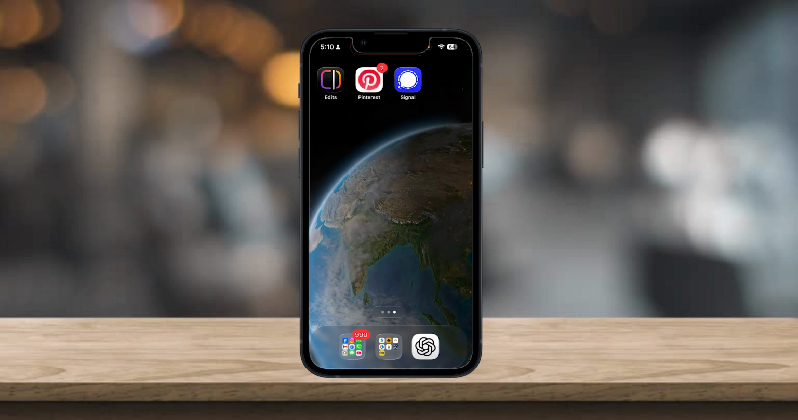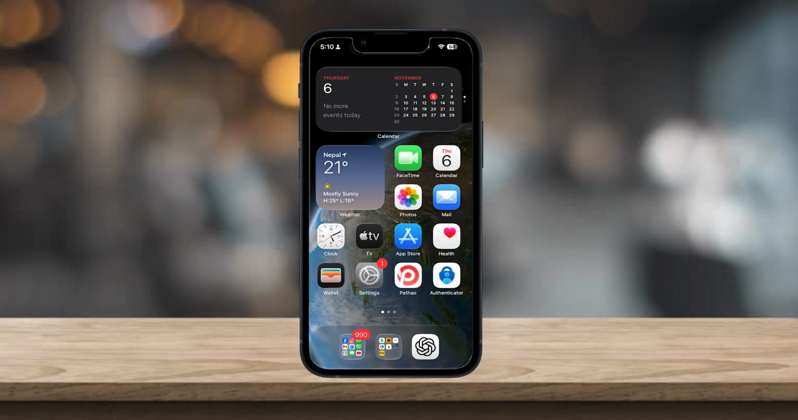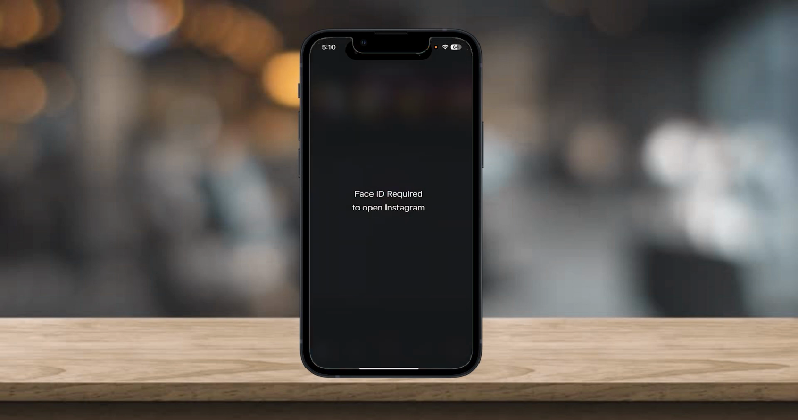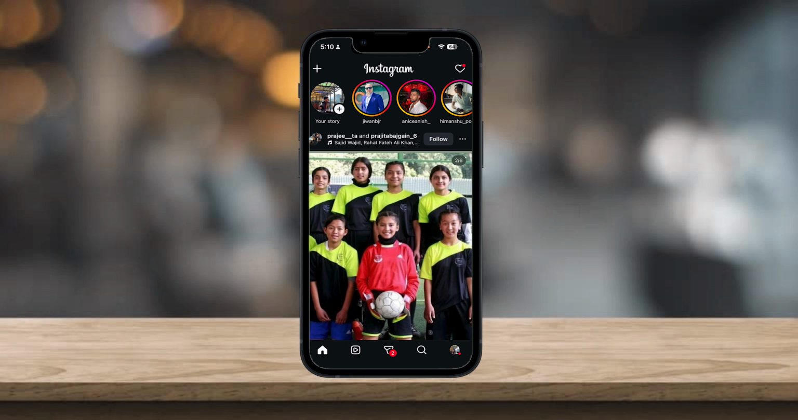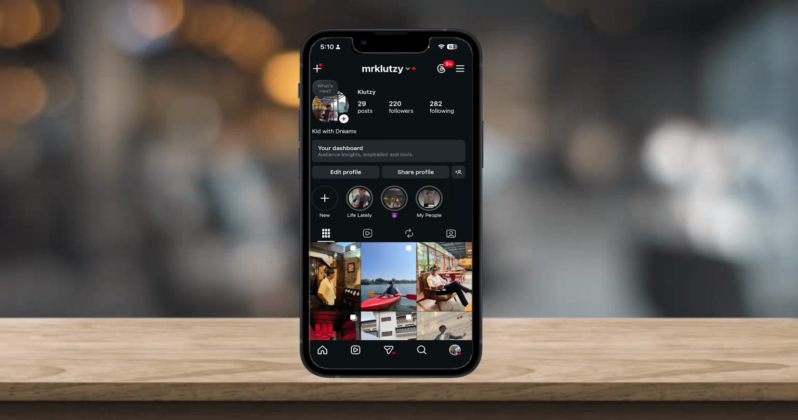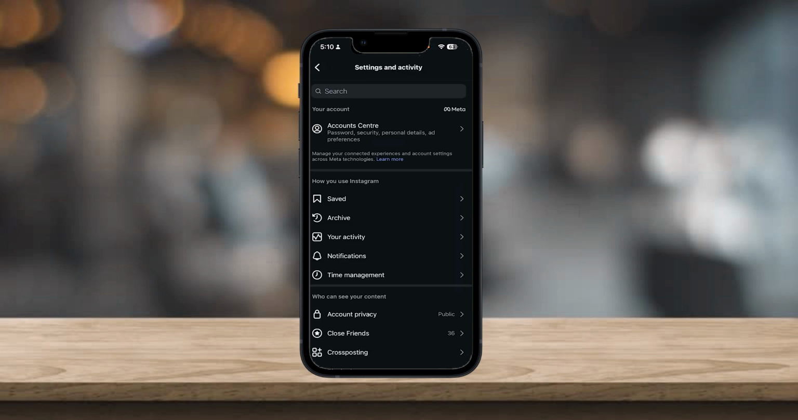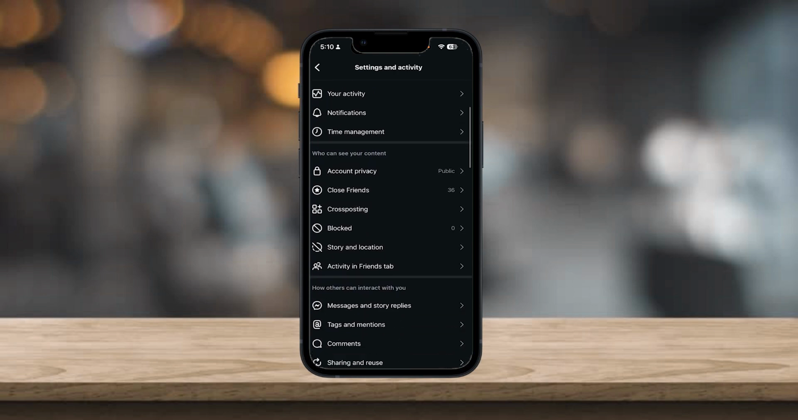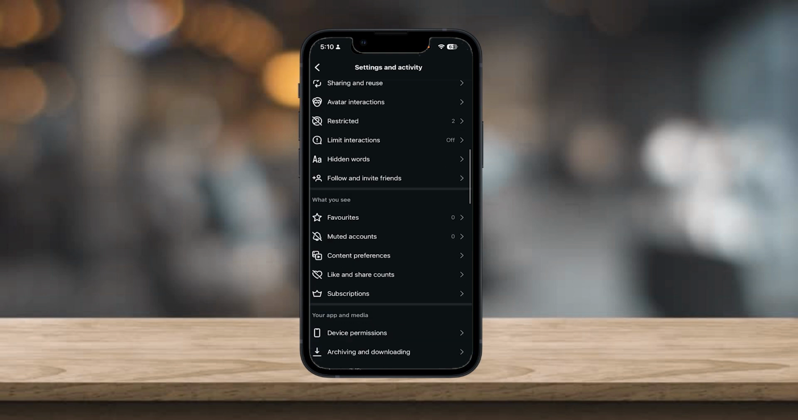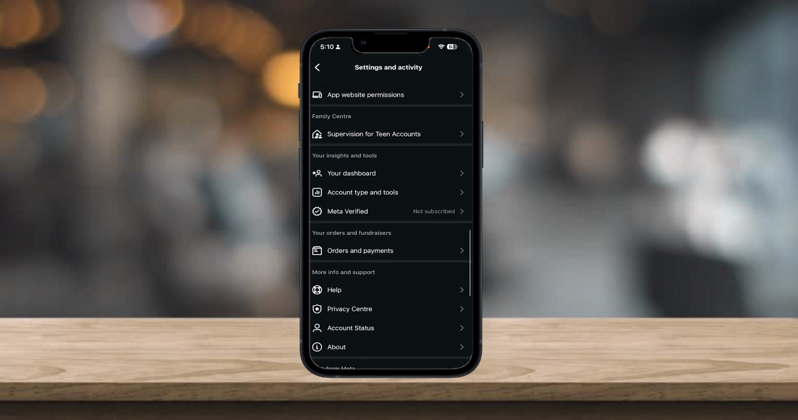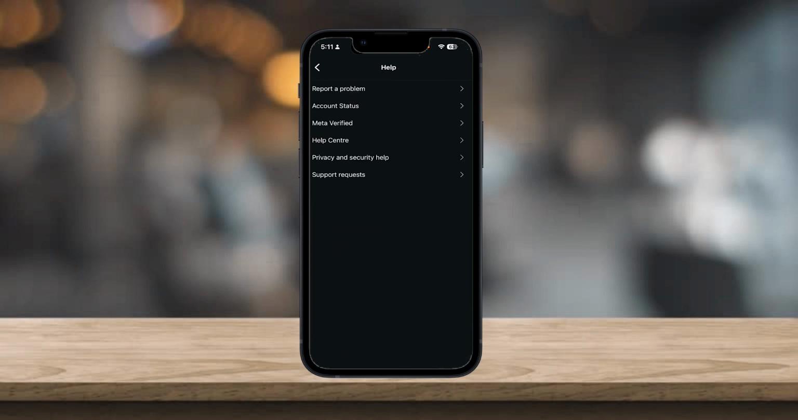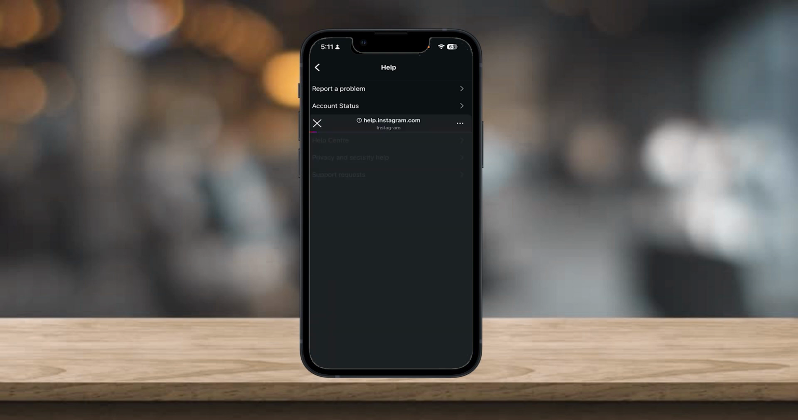First things first, all you need to do is simply go ahead and open your Instagram account or ID right over here. So once you've done that, all you need to do is simply go ahead and head into your profile icon on the bottom right. Click on the top right triple lines icon, and once you've done that, all you need to do is simply scroll all the way down until you see help. So let me just go ahead and show it to you. So there it is. Click on help, and now you can simply go ahead and contact your support by clicking